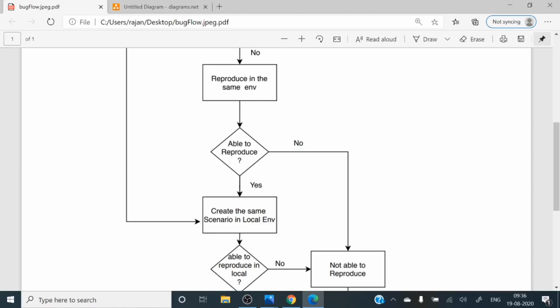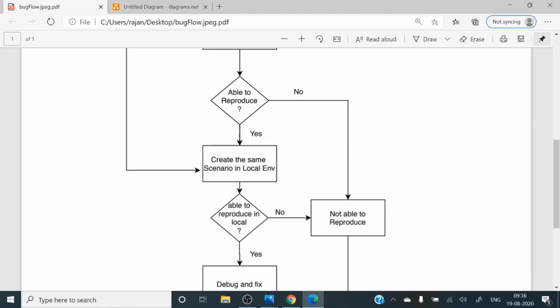Local environment means your local system, your Eclipse, STS or IntelliJ, and your local DB. You need to reproduce that same scenario, with the same data, to reproduce that bug.